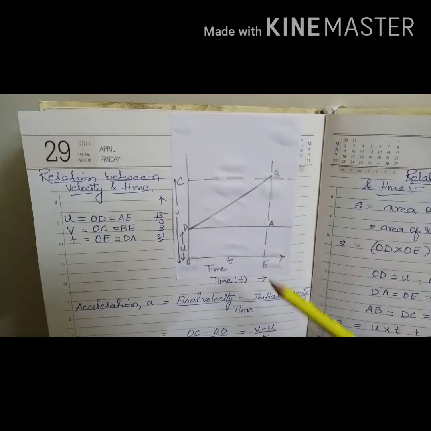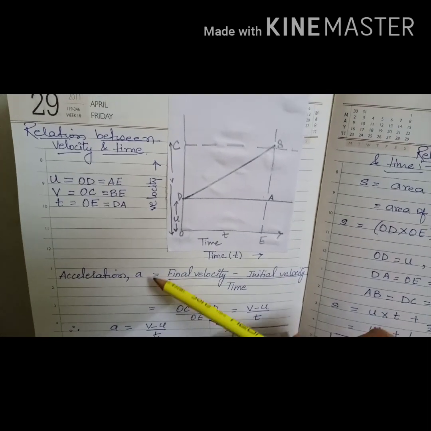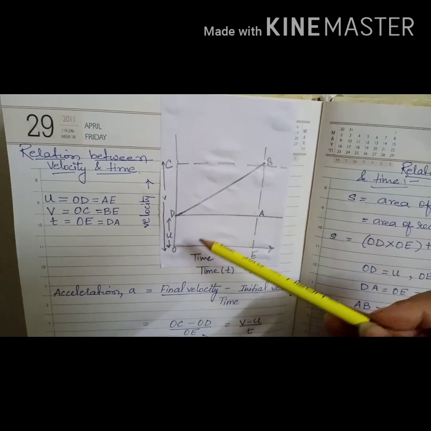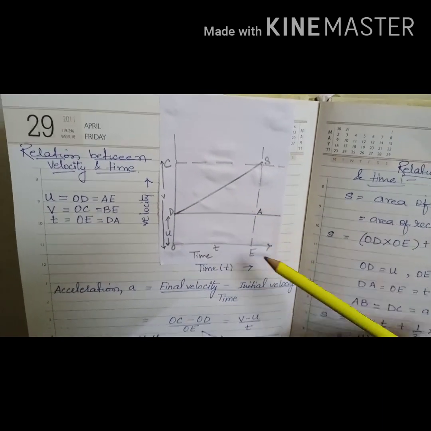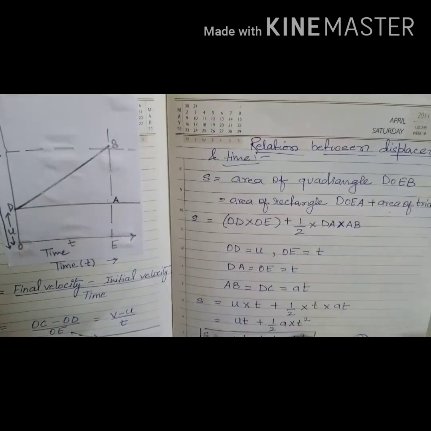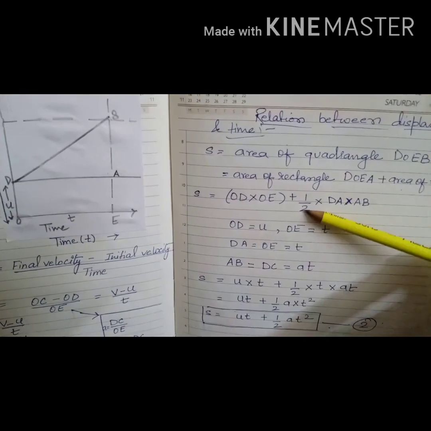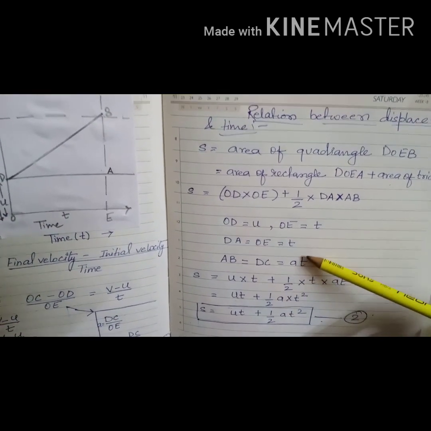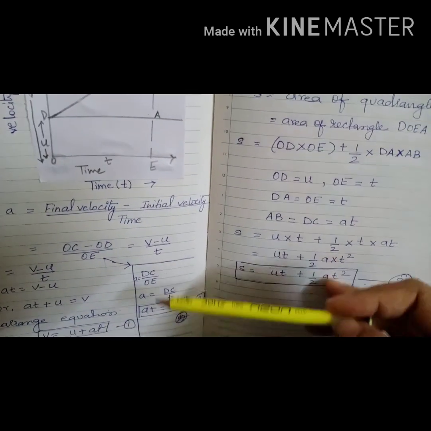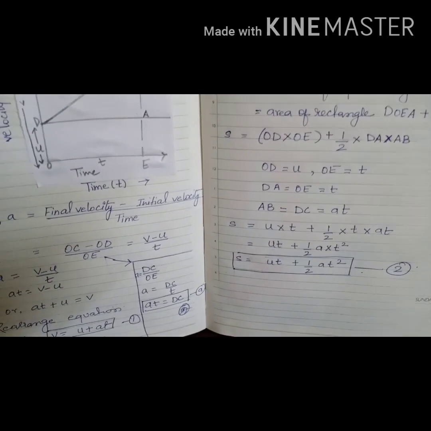Alright students, here it was the relationship between velocity and time. So acceleration we have started with. You have to see this and understand where is u, where is v and all those things, and then you can start and you will get it easily. For this equation you have to understand the area. Okay, so area and everything, and here you have to just use your mind, because if you see you will understand how it has come. Okay students, so two equations you have got.